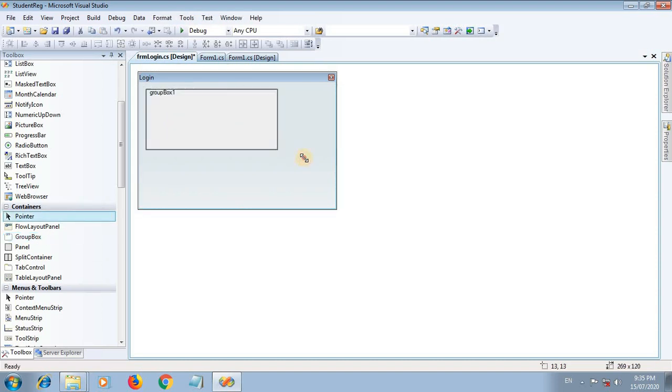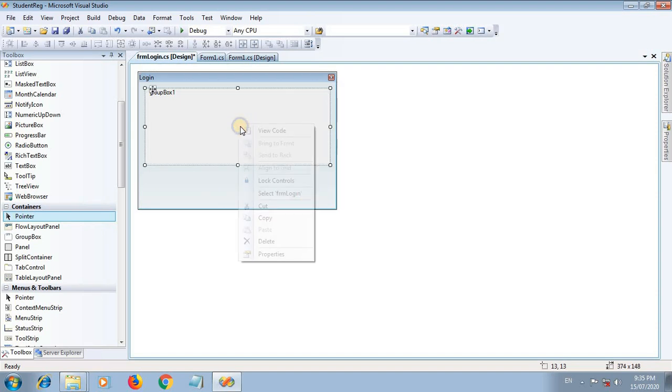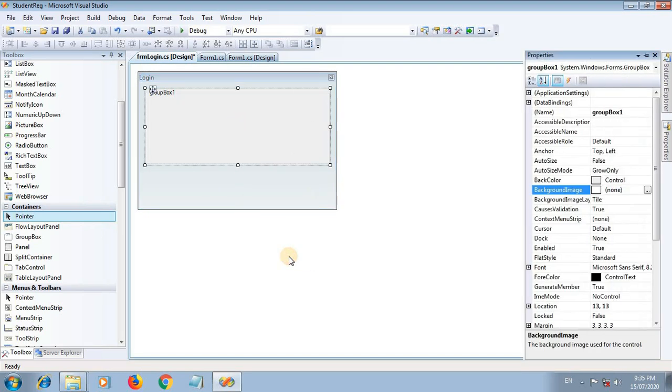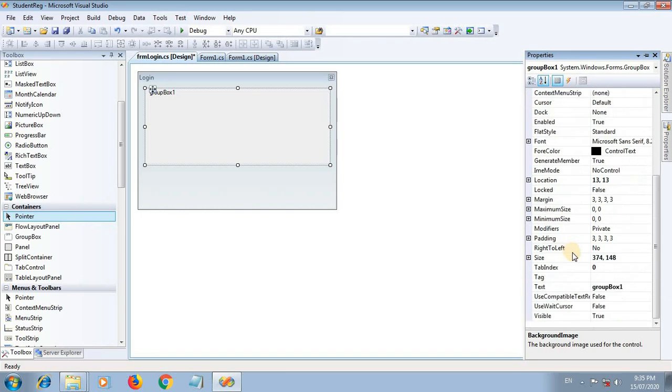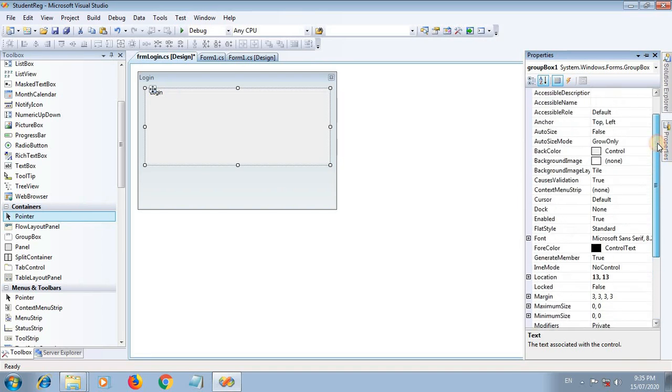I am placing the group box here and changing its properties. The first property is the text property, which I am changing to login, and background.